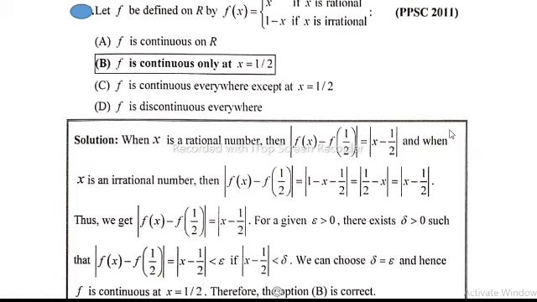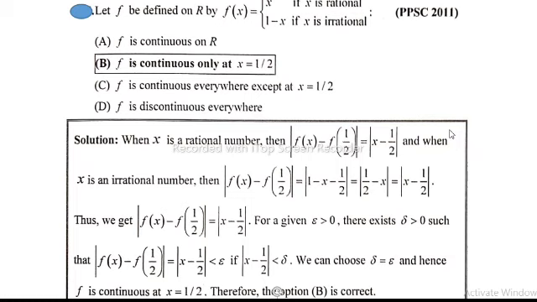In this lecture, I will solve past paper MCQs from the Pakistan Public Service Commission 2011. Let f be defined on the real numbers by f of x is equal to x if x is rational, and 1 minus x if x is irrational. Solution: when x is rational, then absolute of f of x minus f of